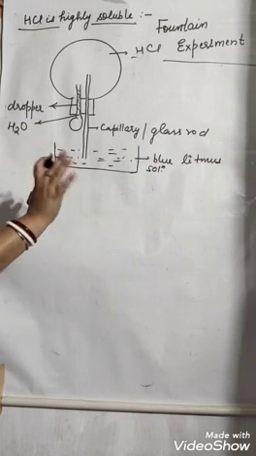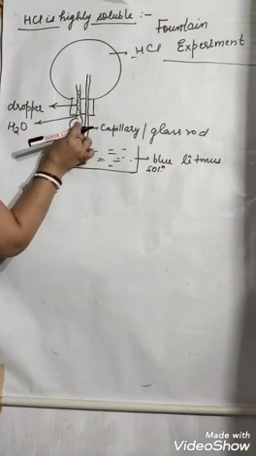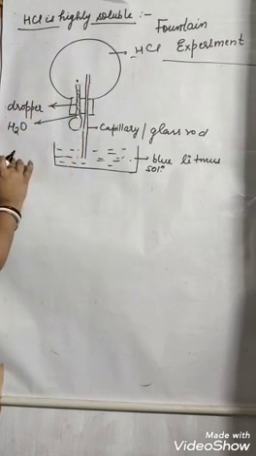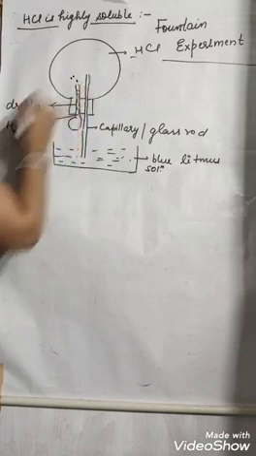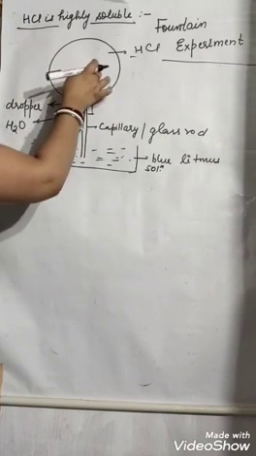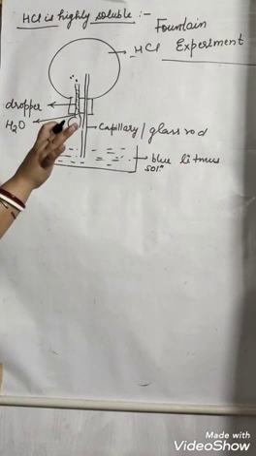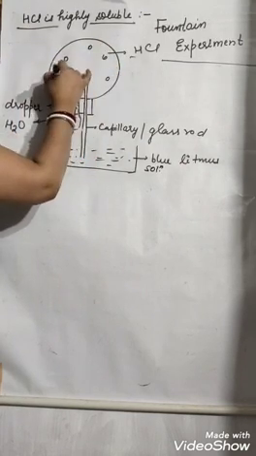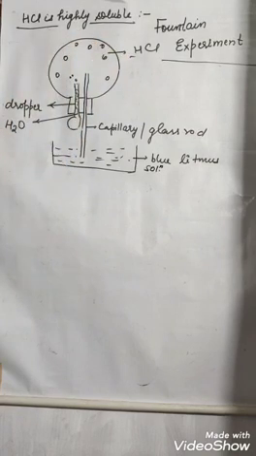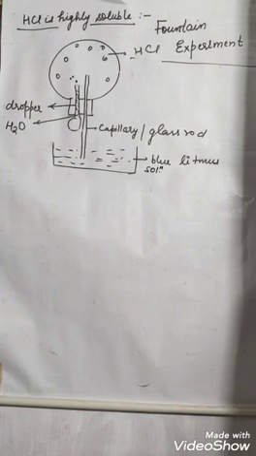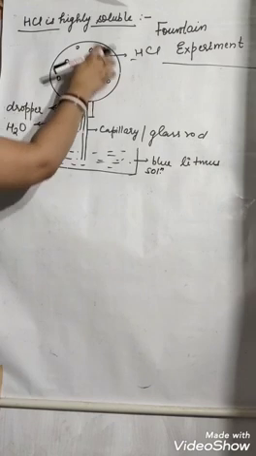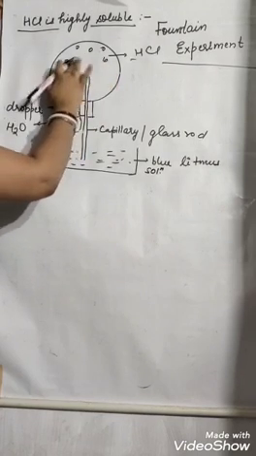Now what happened? Very easy. We will squeeze this dropper. So water droplet will go in, 1 or 2 or 3 droplets. So it will go into all the HCl, approximately all the HCl molecules. HCl gas it is, so it should be apart from each other, because there is a large intermolecular space between them. So as soon as you will pour a water in it, it will dissolve. These all will get dissolved in a water.